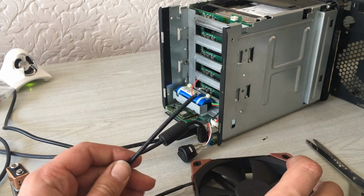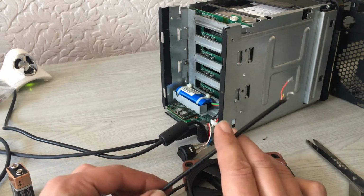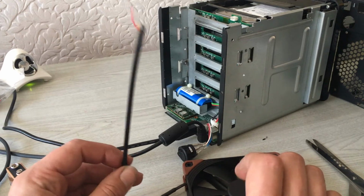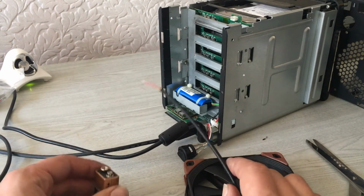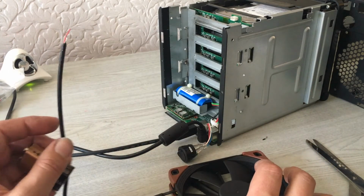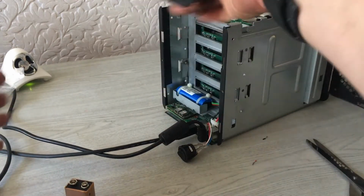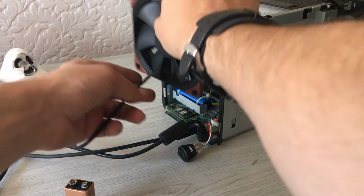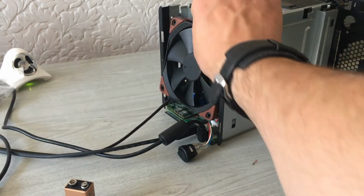So long term, it would be nice to put a multimeter on that and find out exactly what's going on there, and see if it'll power a fan, and find a fan with the correct voltages and stuff that it'll actually work. I didn't show this on video, but I have actually stress tested this by mounting it. You can quite easily mount this in a suction fashion. If I do that, and what I've been doing is